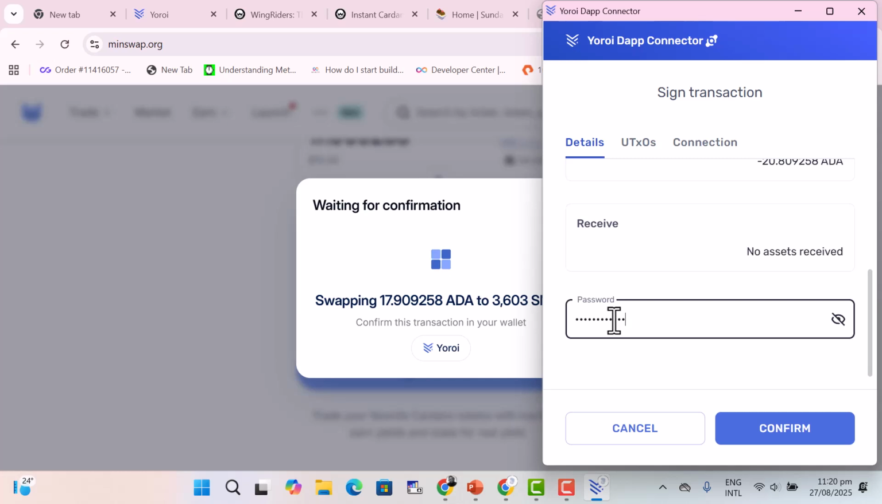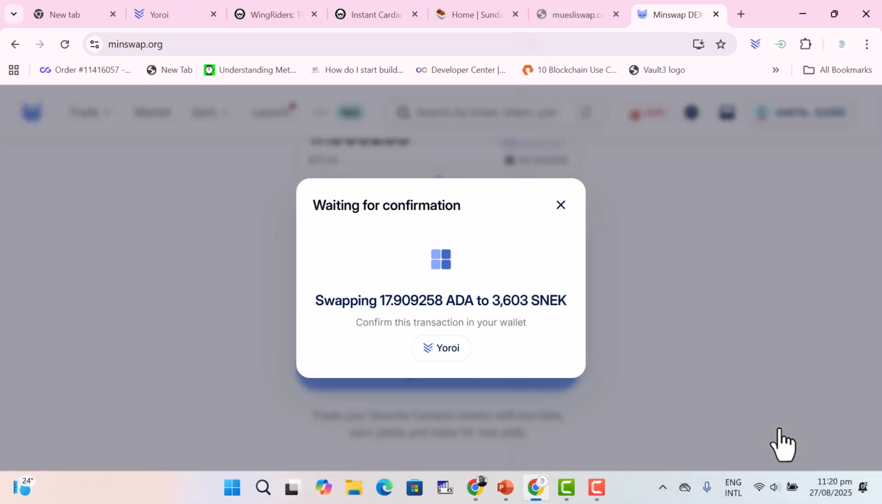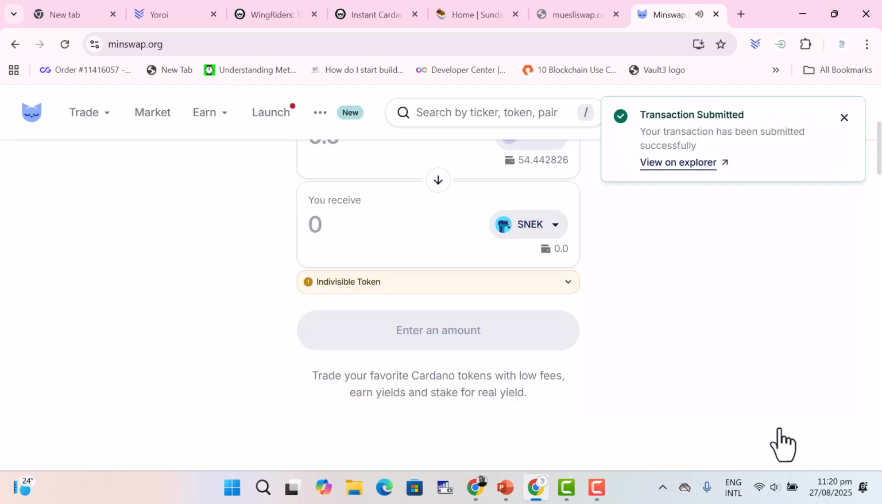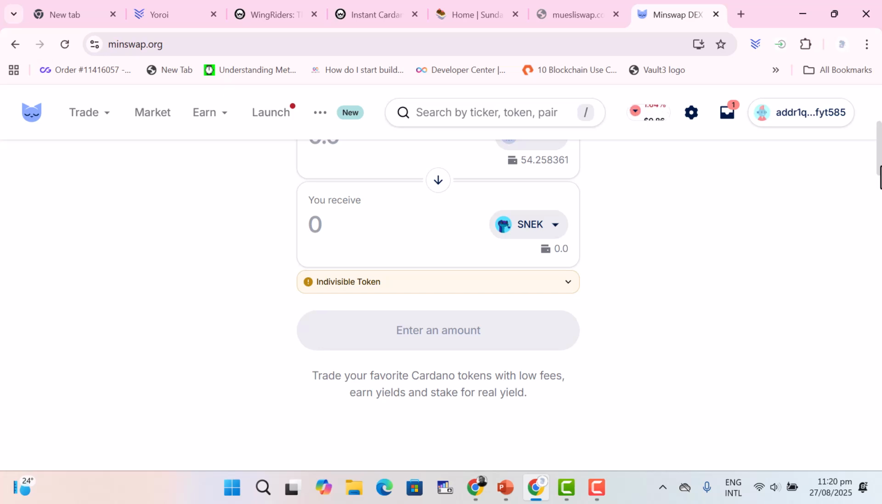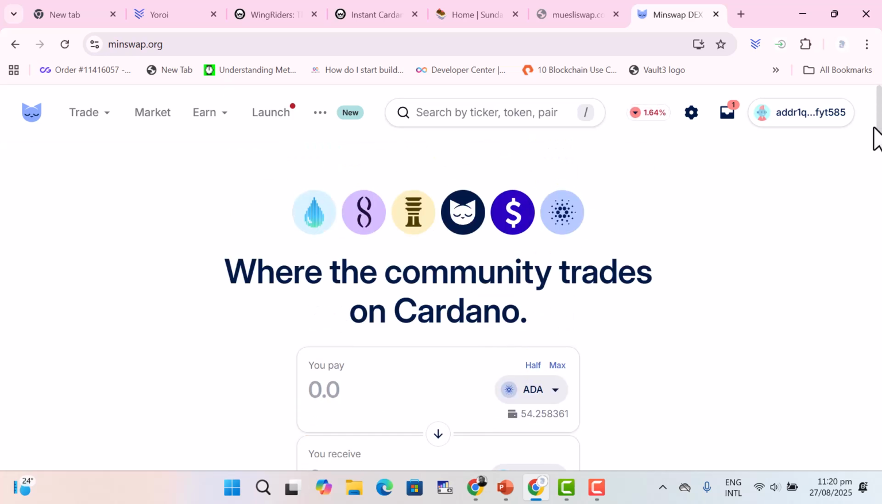Alright, so once I enter and it is right, I'll just click on confirm, and transaction submitted. Good. So I hope you can see it. So your transaction has been submitted successfully. Alright, so all I need to do is to